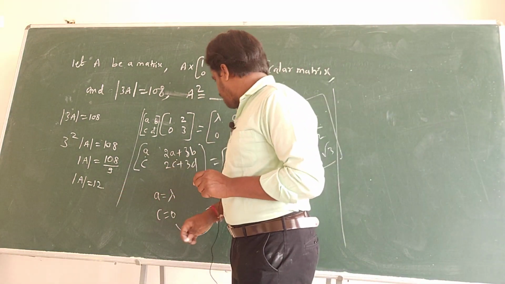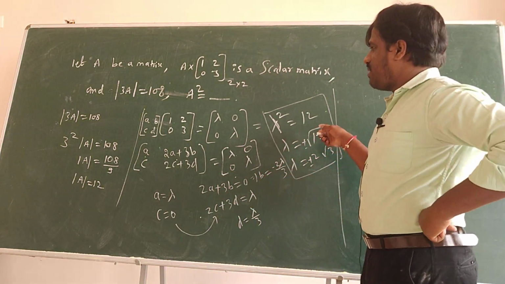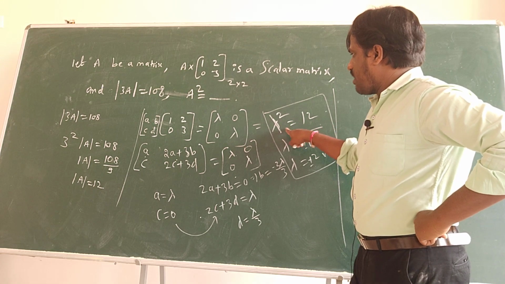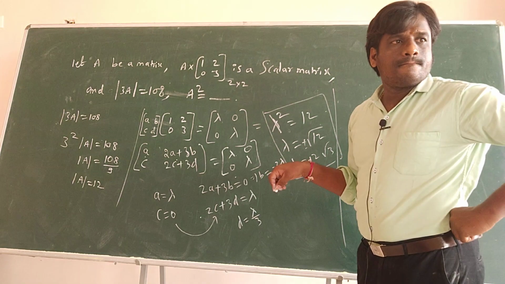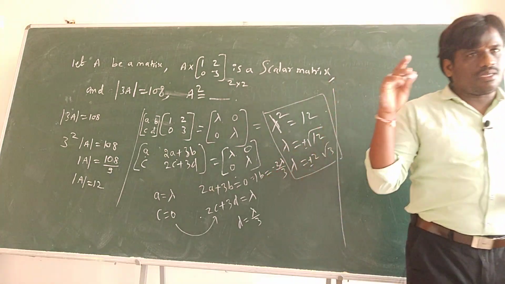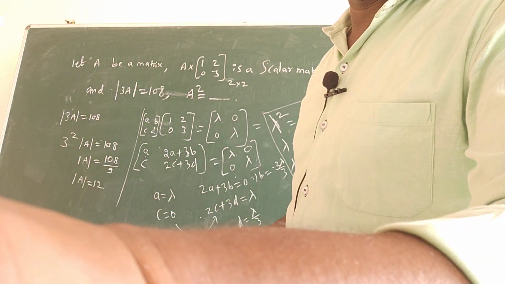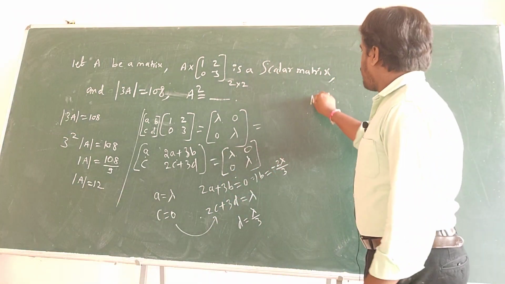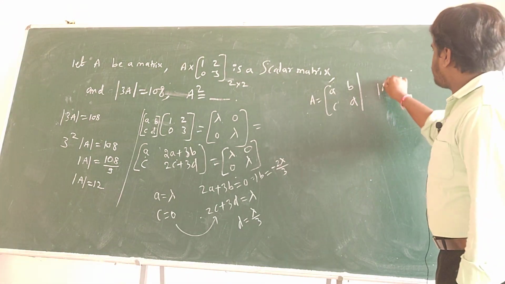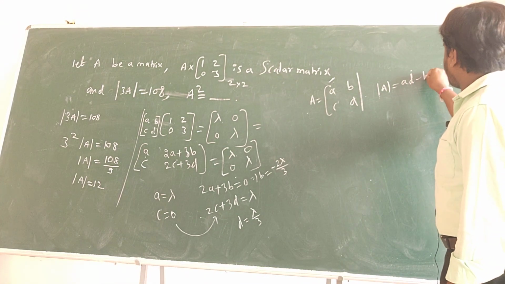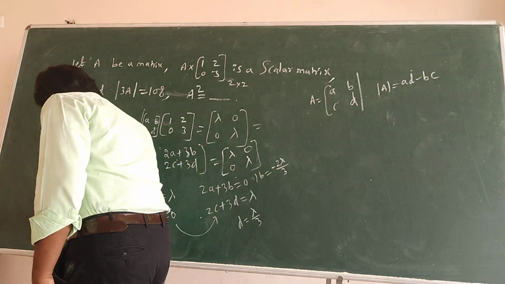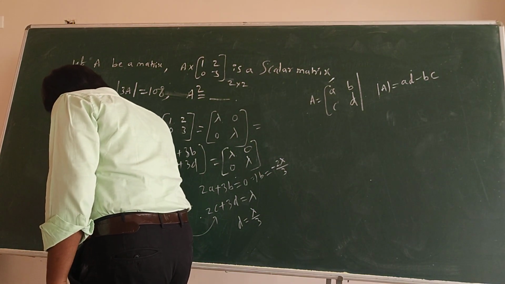Mod A is equal to 12. And lambda, how I got? Lambda square 12, why I should, this is wrong I think. Lambda I took wrong. Lambda square is the determinant of this. Okay, determinant of this is not 12. Actually, before I solved, I did the mistake. What I took A matrix? A matrix I took A, B, C, D. And determinant of this matrix will be what? AD minus BC. Actually here A matrix we took, I think actually because of writing question mistake,